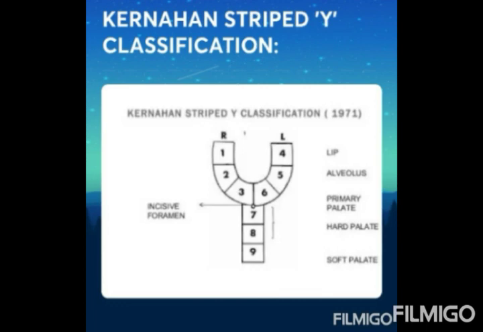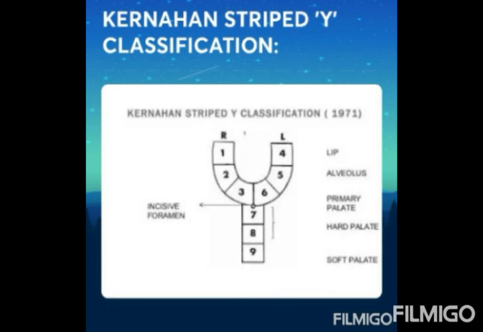Number 4 is the left lip, number 5 is the left alveolus, number 6 is the left alveolar process to the incisive foramen. And for the palate, number 7 is hard palate, number 8 also hard palate, and number 9 is soft palate. This is an easy and easily remembered classification. So